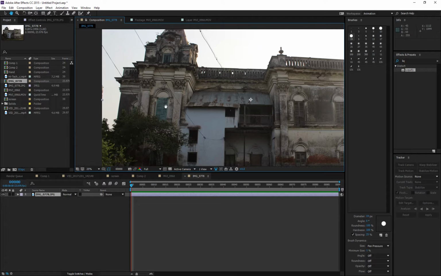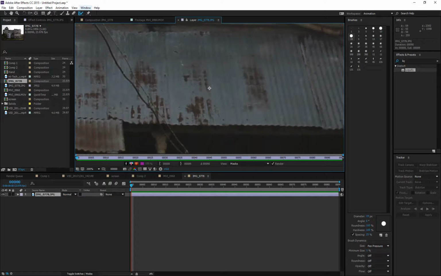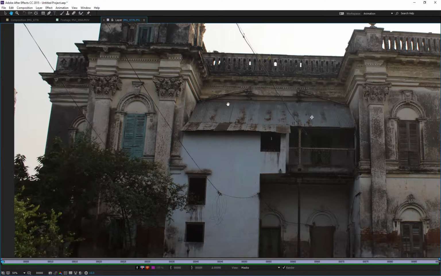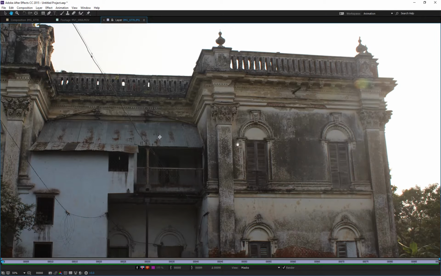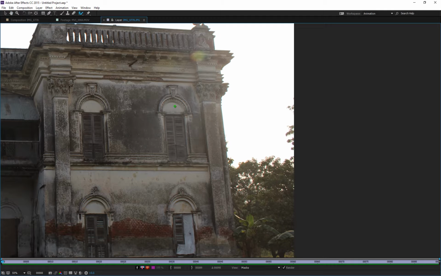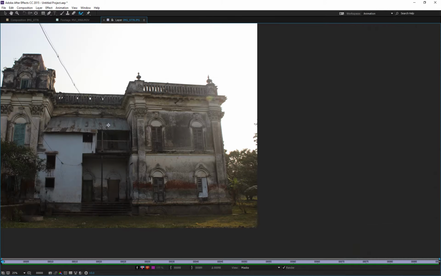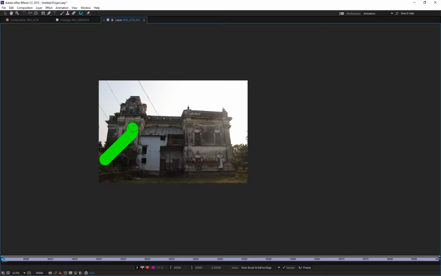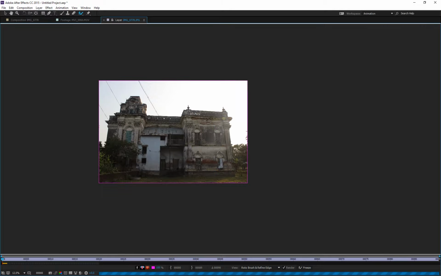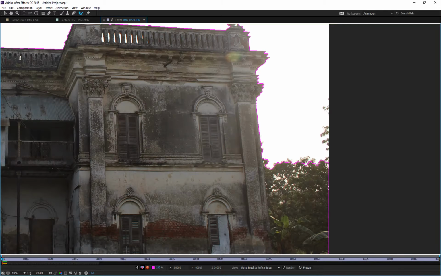So what I'm going to do is open it in the layer panel, and go to the rotoscopy brush, and maybe I'll select all of these areas. So very randomly I will create a selection. This is a huge image, it may take a lot of time. So you can see